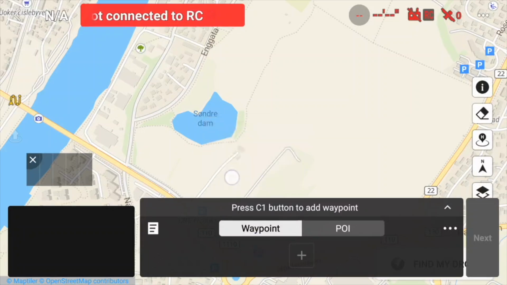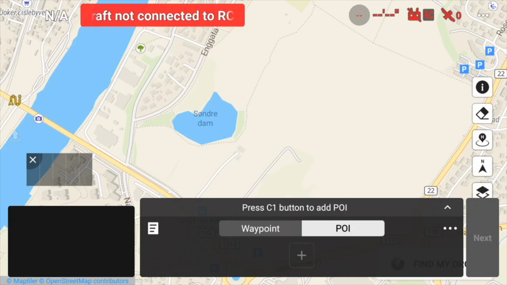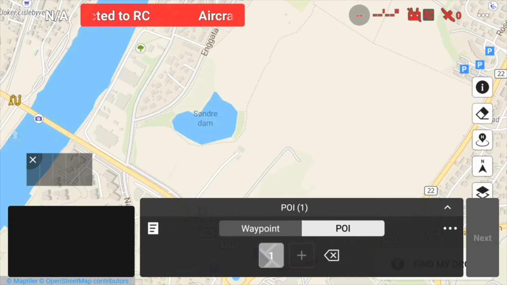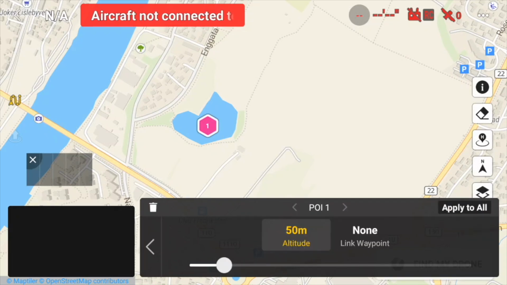And then if you have some points of interest, you can make them first. Then I make one point on the water here. You push on the number 1 down there to set the altitude for the point.